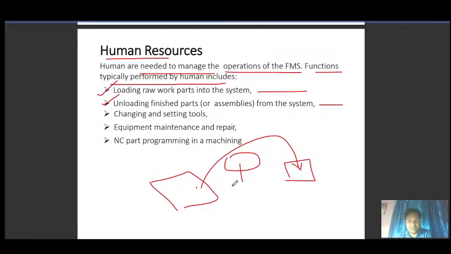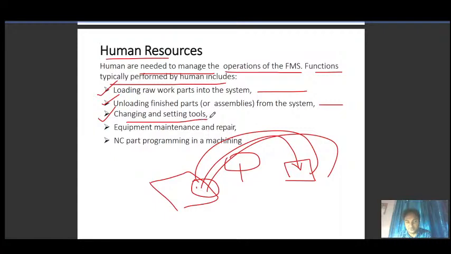Sometimes if you want to eliminate that, then you can have a robotic arm that will pick the part and put the part. Then changing the setting tools will be done by the human. Equipment maintenance and repair, obviously who will do? NC part programming and machining, who will do? Human. These three humans are necessary, and here robotic arms can also be employed instead of humans.